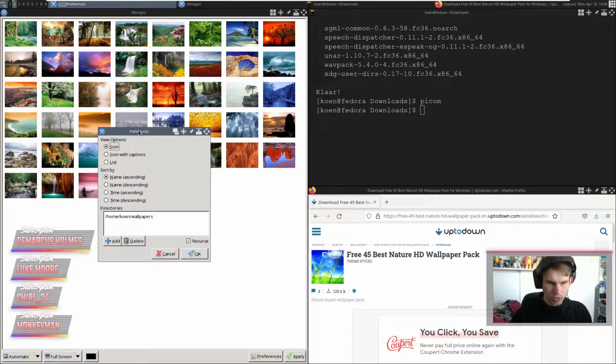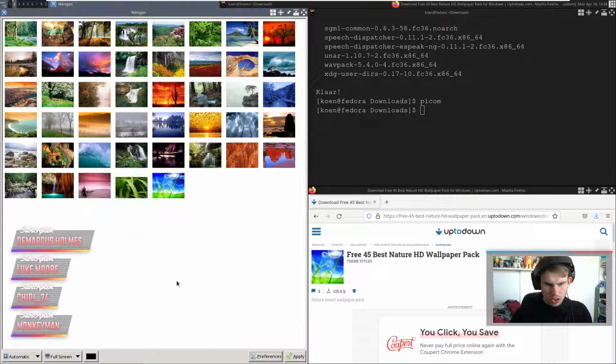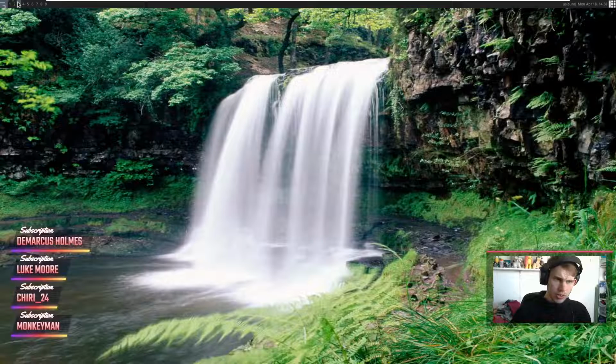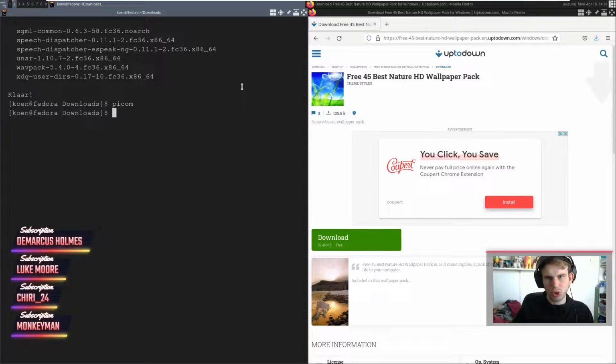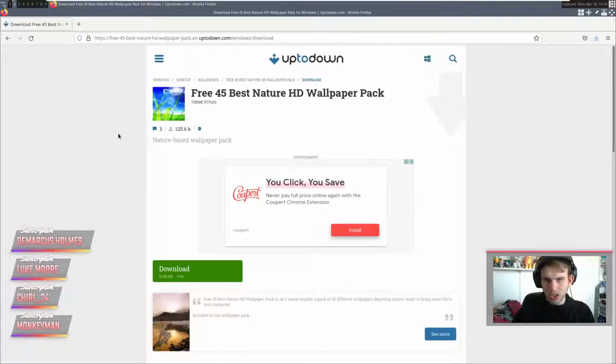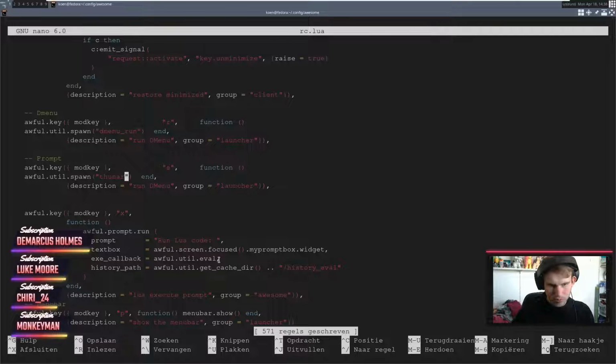And it's going to go into full screen. We can just pick out every wallpaper manually, which is not quite what I would like. It's not exactly the kind of system that I would want to be using. I just like to have a randomized wallpaper every time that I boot up my system. But you know what? There's only so much that you can do with something like this. If it doesn't work, then it just doesn't work. And you just gotta live with it. That's the sad reality of it.